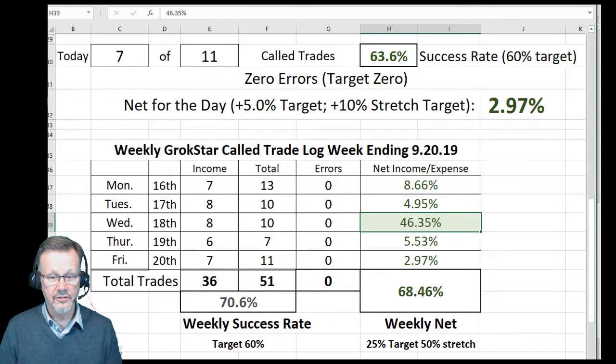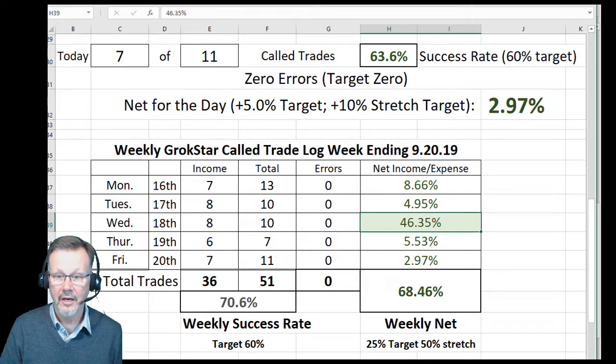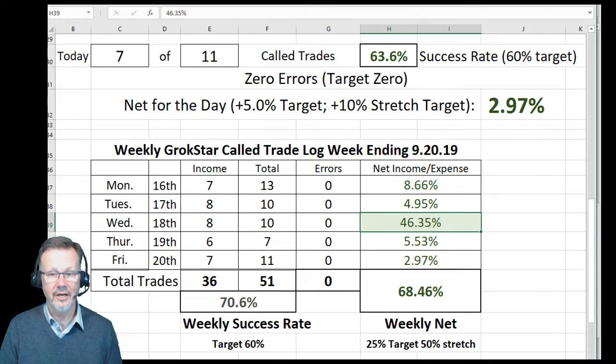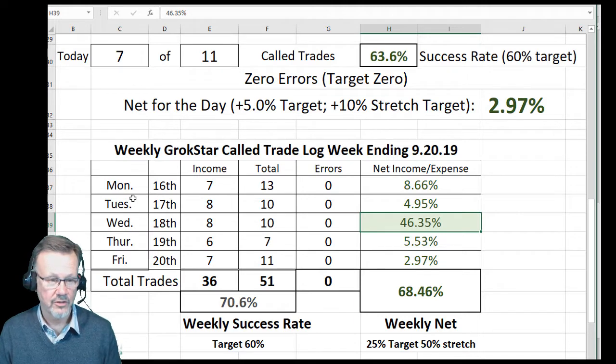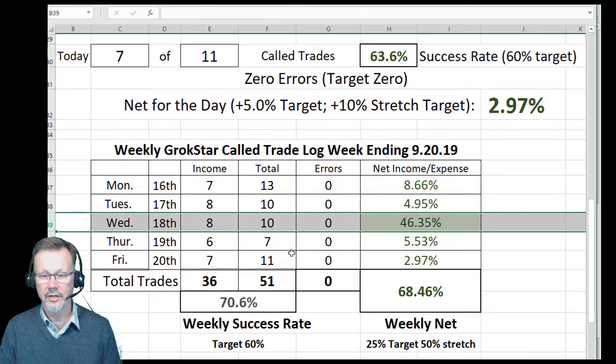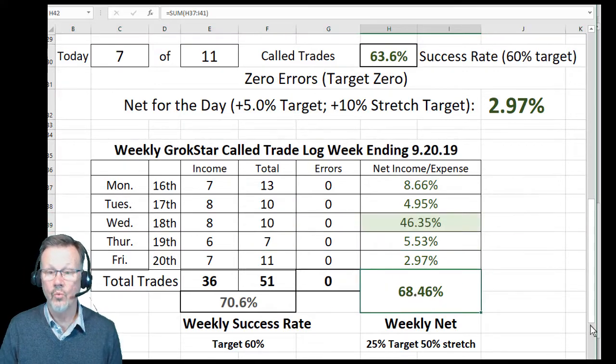And here it is. This is the week of 9/20. It might happen to be the day after my birthday. Anyway, look at that. We had an incredible week. Look at this. In fact, this Wednesday here, we'll take a look at that day. That was the biggest single day that we had all year. And this is the second biggest week we had all year,